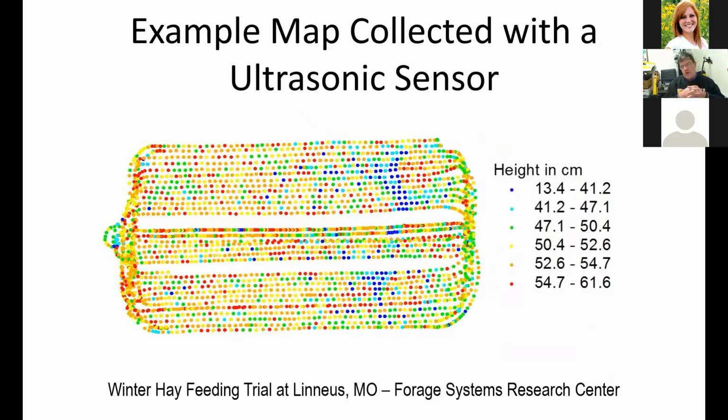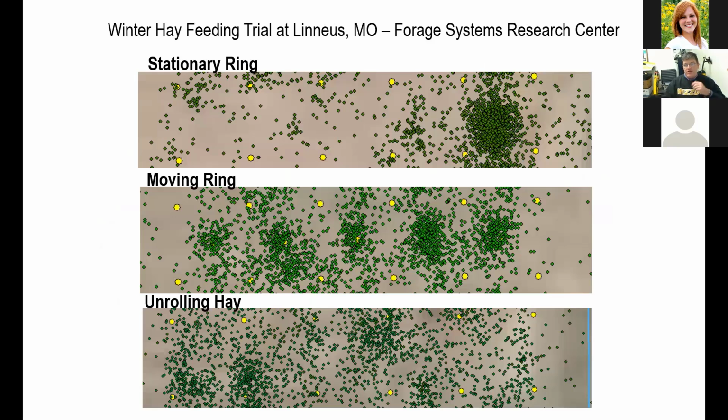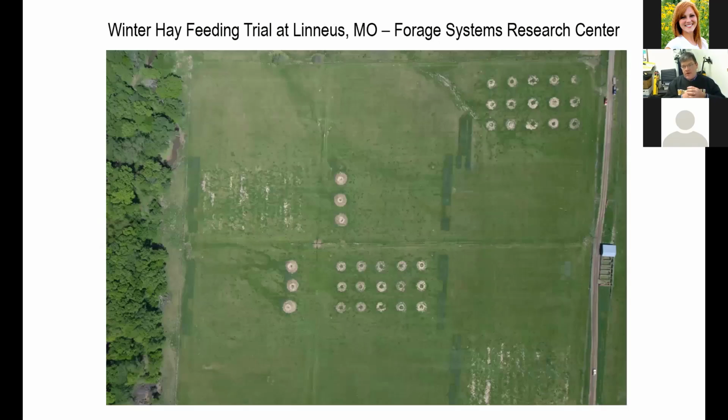So here's some initial work that we did with John Laurie at Linnaeus at our Forage Systems Research Center. John had laid out a study looking at winter hay feeding, and we were able to measure height of forage fairly well. I won't go into the aspects of the treatment, just to show that we had some treatments. And the one particular sensor map that I was looking at is this